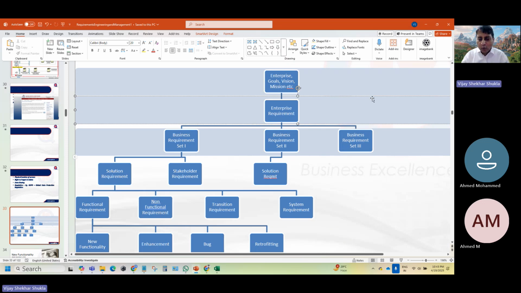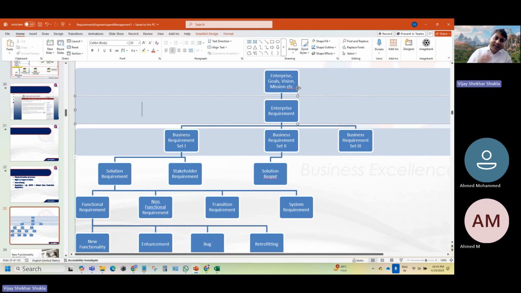Say, for example, to be number one bank or to be among the top 5 players in the banking industry in the next 10 years, we may require to hire people. We may require n number of banking branches to serve the customers. We may require so many regulatory compliances and n number of activities. All these will be clubbed into a set of business requirements, maybe focused towards infrastructure, employee hiring and training, or managing the